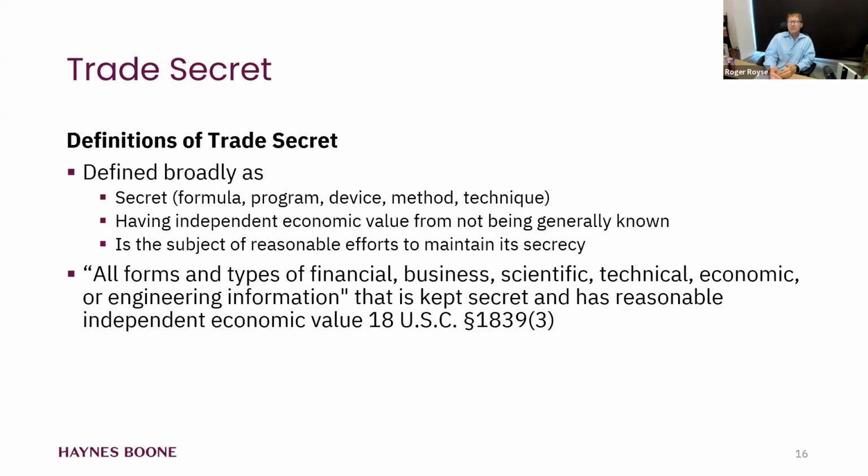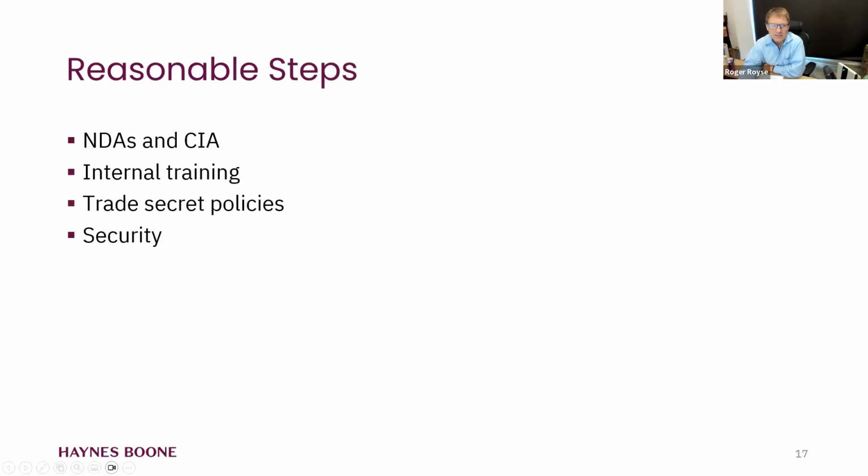That's where people screw up. You have to put in place some sort of efforts to keep that secret. For example, you might have your secret process for how you do your software program, but you have to have something in place so that other people don't see how that process works. What are those reasonable steps? Number one, first and foremost, it's so easy, nobody should not do this: non-disclosure agreements. Anybody who sees any part of it should sign a non-disclosure agreement, and a CIA, meaning a confidential information agreement. They promise they are not going to disclose it to the public.